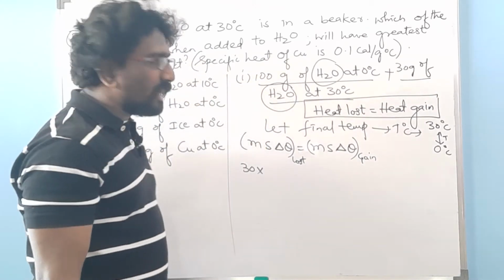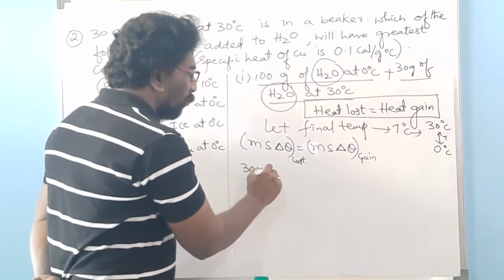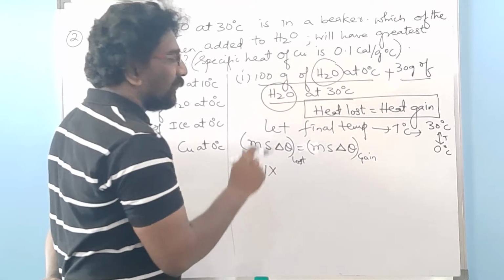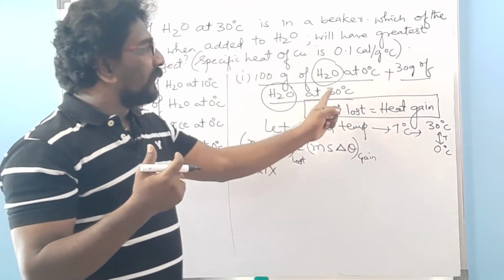What is S? S is the specific heat capacity. The specific heat capacity of water is 1. What is delta theta? Delta theta is the difference between two temperatures. So what happens to the delta theta? It is equal to